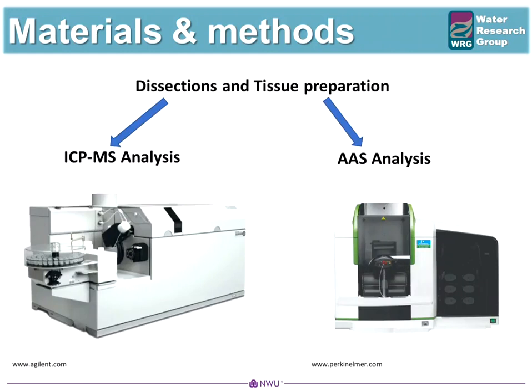Following euthanasia, dissections occurred whereby the following tissues as illustrated earlier were collected: the blood, the liver, muscle, gills, and GI tract. The tissues were then stored in an ultrafreezer at -80, thereafter freeze-dried and digested in acid using an advanced microwave digestion system. Due to the considerably lower exposure dose used in the treatment of the SETAC nanogold rods, the tissues collected therefrom were analyzed using an inductively coupled plasma mass spectrometer, whereas the tissues harvested from the fish exposed to the citrate nanogold spheres were analyzed using an atomic absorption spectrometer.